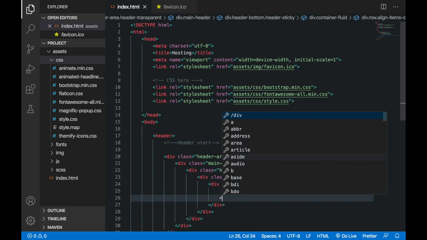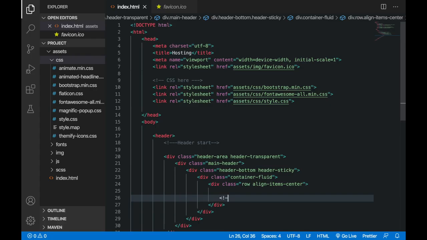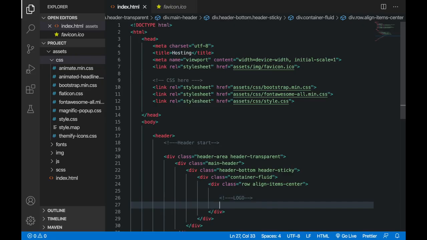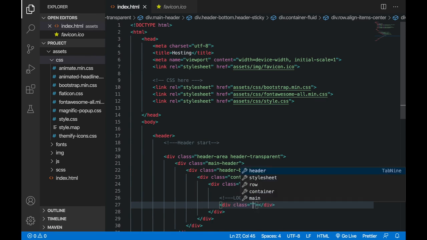And then here I am going to link my logo. So for that let me first write the comment. So here I am going to link my logo. I'm going to nest it again, and write the class as I want it to take half of the space, so here I will use the class col xl 2.